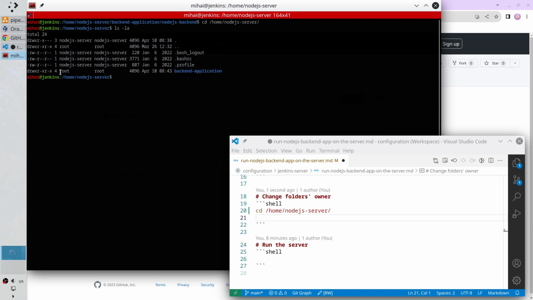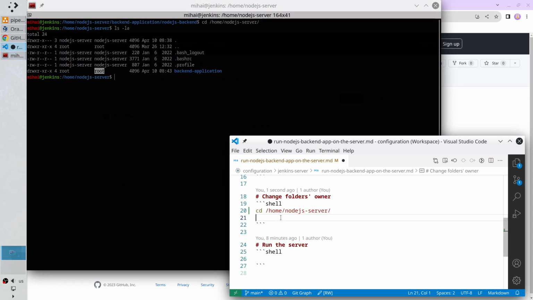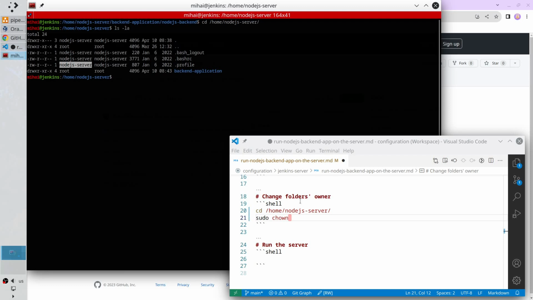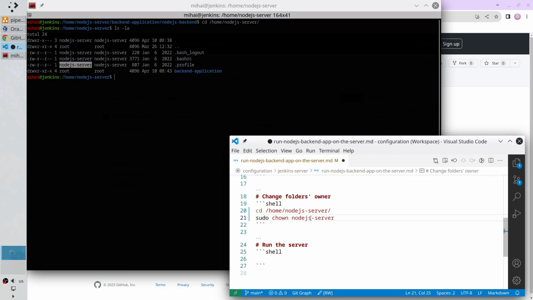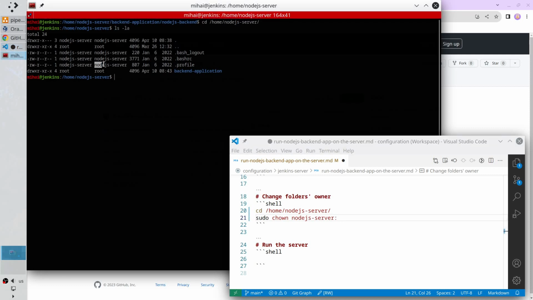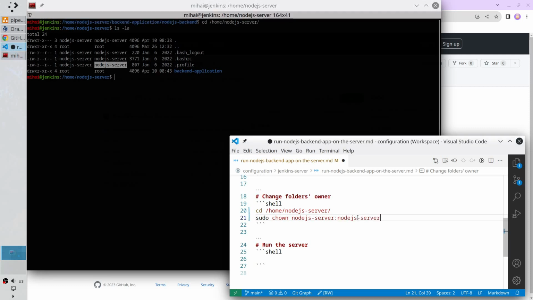The owner of the folder is the root user, and also the root group has access to that folder. I want to change it. I want the Node.js server to be the owner of the folder, and also the group Node.js server to have access to backend application. Let's prepare the command. It is sudo chown for change owner. Copy the username, paste it in the terminal, colon, copy the group name,